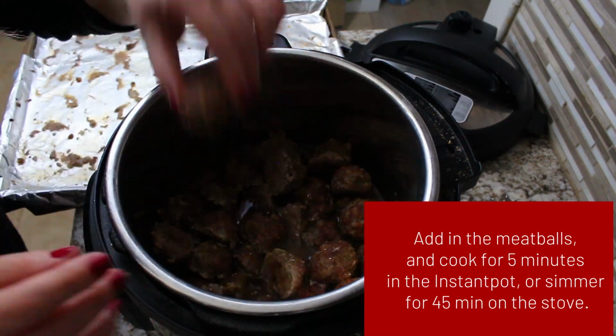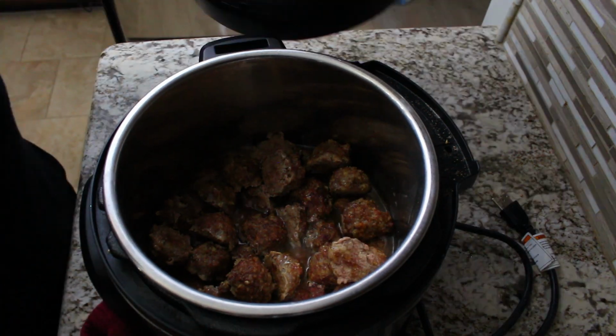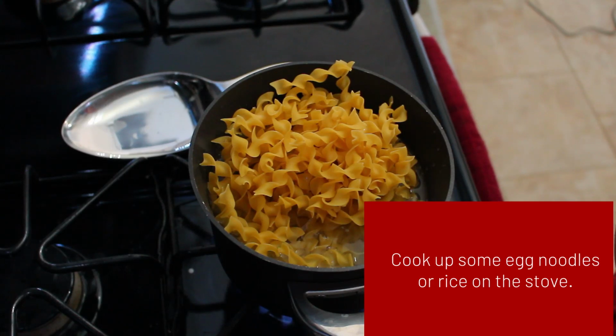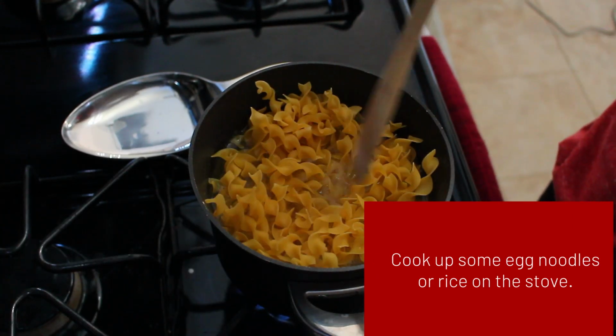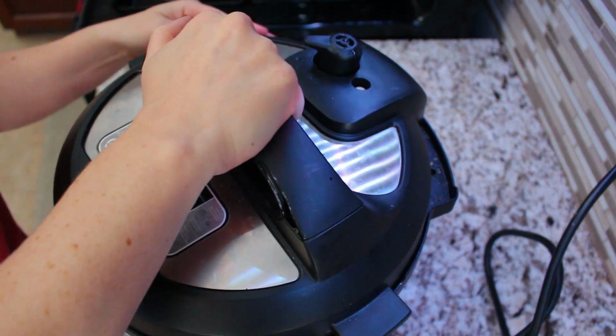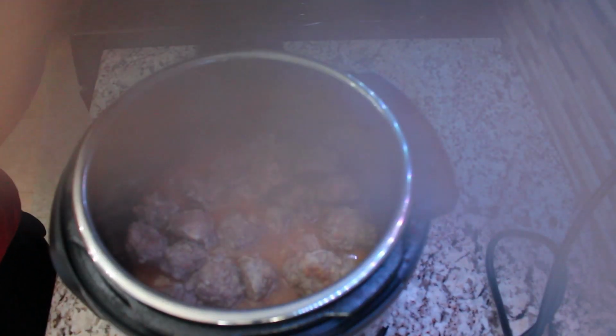And then you're going to cook it for 5 minutes on the Instant Pot or simmer for 45 on the stovetop. And while that's cooking, you're going to cook up your egg noodles or your rice if you're using it, whatever you prefer. Once your meatballs are finished at the 5-minute mark, or 45 minutes if it's on the stove,